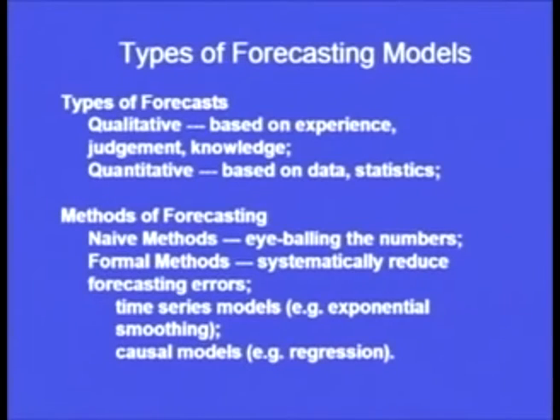So, what are the different types of methods that are used to address this type of problem where the demand is erratic or the variation is not known with respect to time? There are different types of forecasting models, like types of forecasts can be either qualitative. On your screen you can see these qualitative methods are based on experience, judgment or knowledge. So, certain individuals who have an experience of working in a particular sector will have certain kind of knowledge available with them, which they will use in order to generate the forecast for the subsequent year or for the next year.